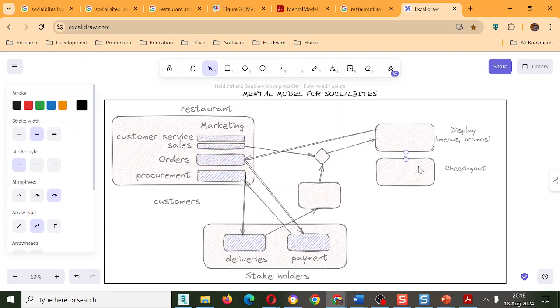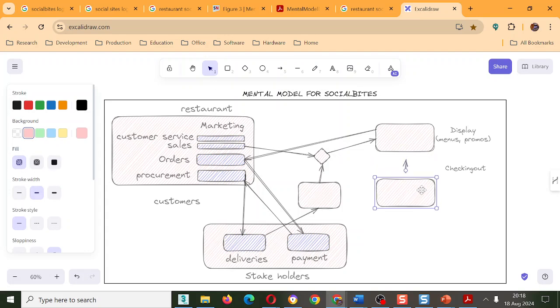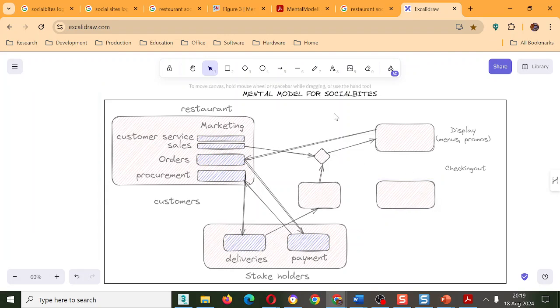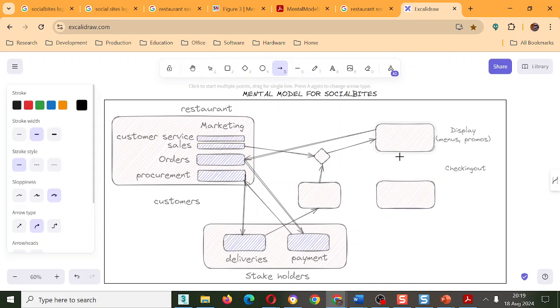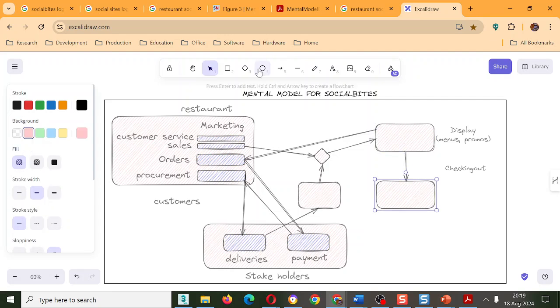Okay, you can move this further down. I'll do it again. So from here, they check out, but there is a registration process. So let's just draw registration here so that we capture that.